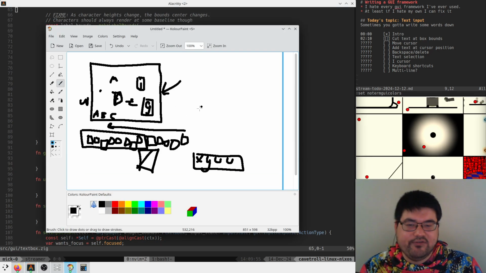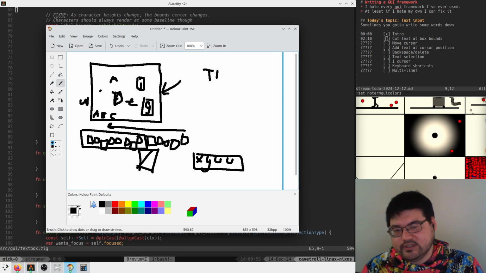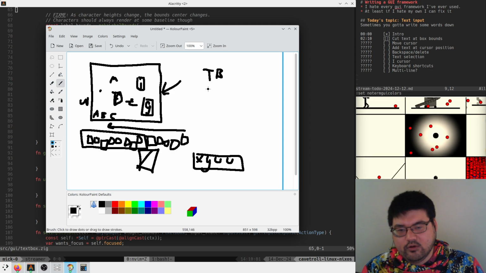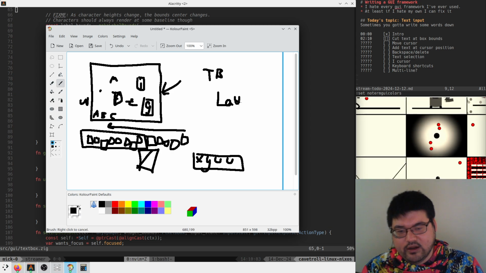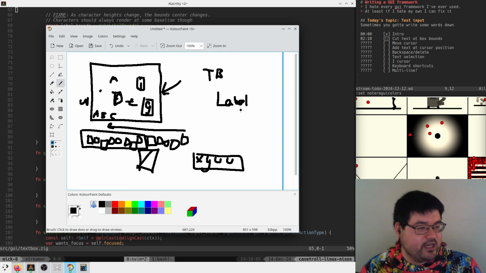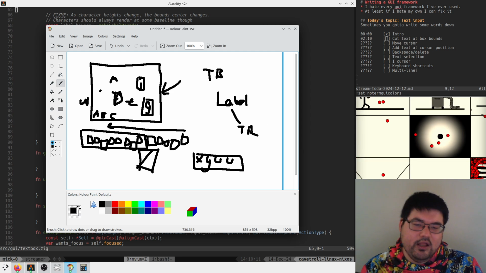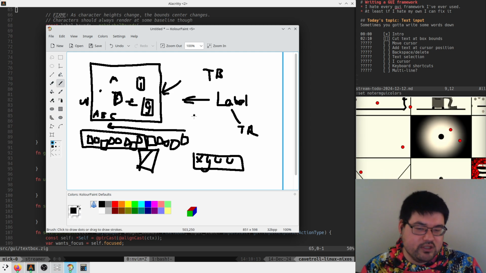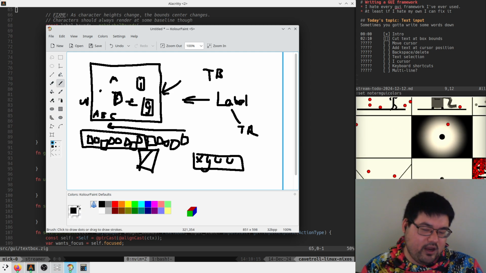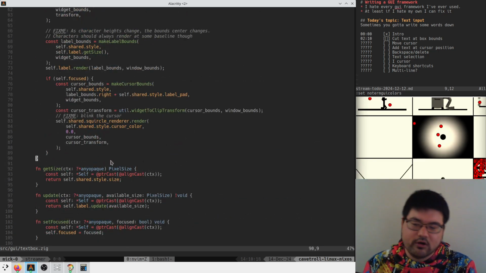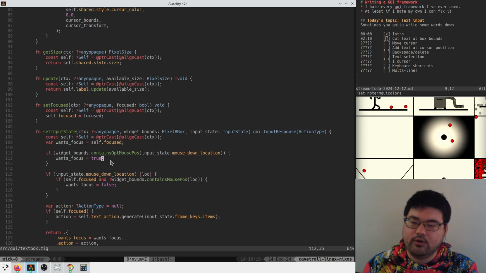So the tree of stuff here is textbox. It renders a label, which is another GUI concept, which basically says render some text on the screen. This talks to the text renderer, and this is where the buffer stuff is done. But we could just move the whole label to the left as well. And I think that's fine. I think that will work. So just on render here,